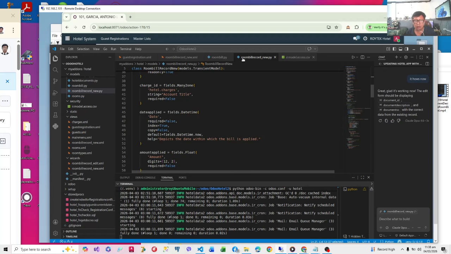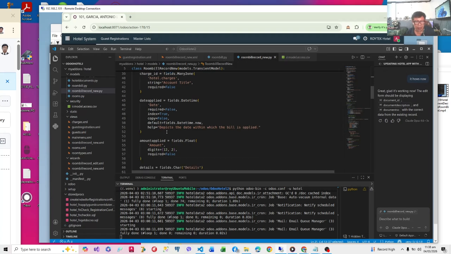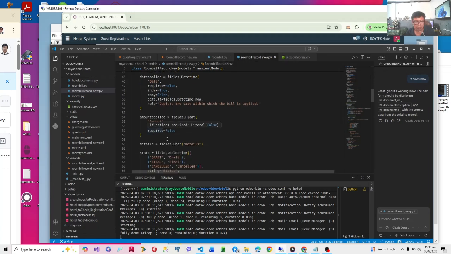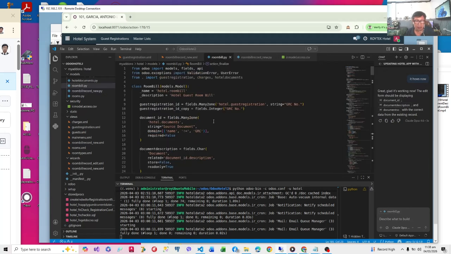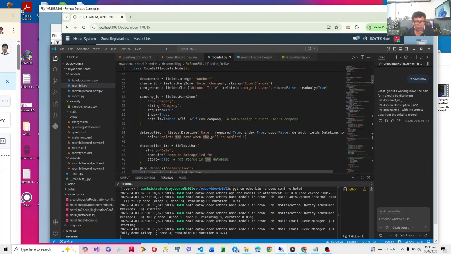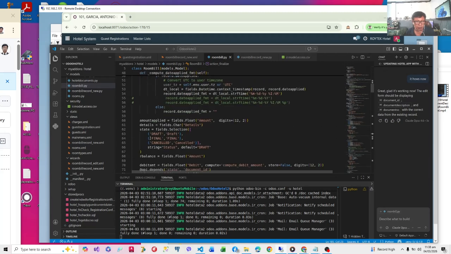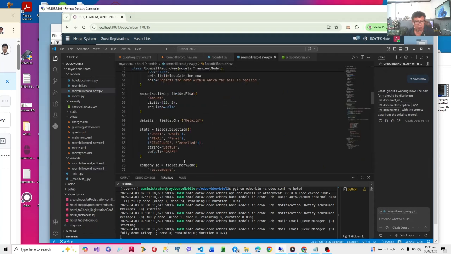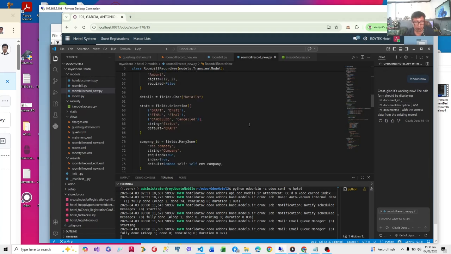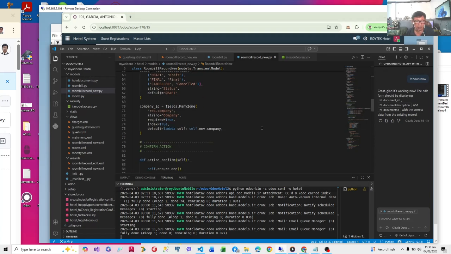And the date applied, also the same as in roombill, and we have the amount applied and also the details. Very important is the state field, which is present in our roombill.py also. The state field will have three states: draft, final, and cancelled, and the default is draft. So we also have the same state field in the transient model. And we have the company specific because we are going to port it later.